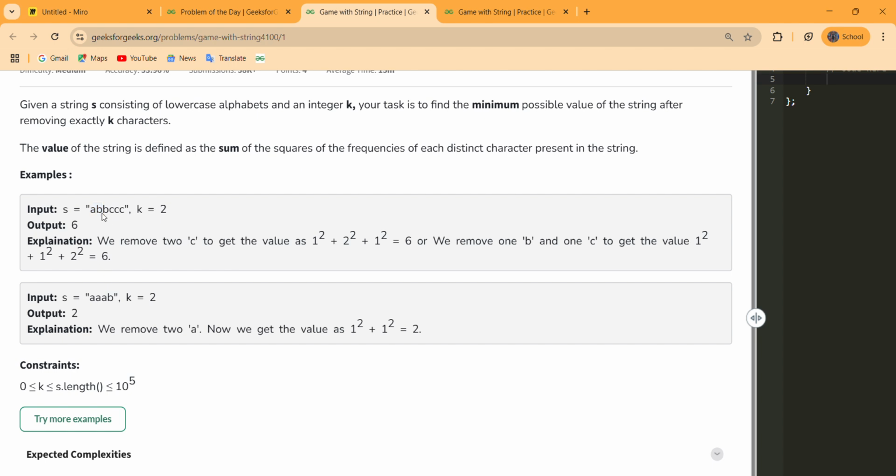So from this we can see that we have to delete the characters that have the largest frequencies. We have to delete those k characters from our string such that the sum of squares of the frequencies of each distinct character will be minimized.